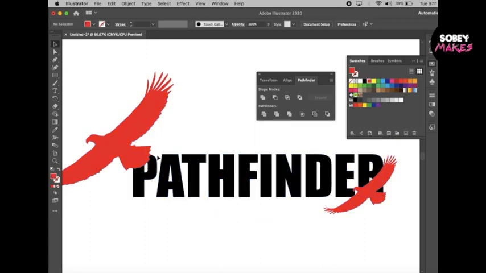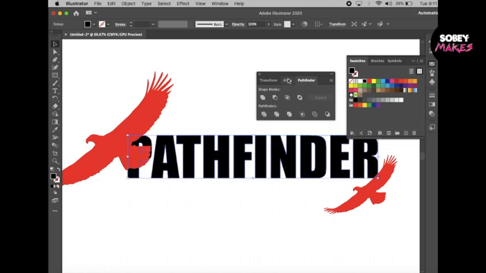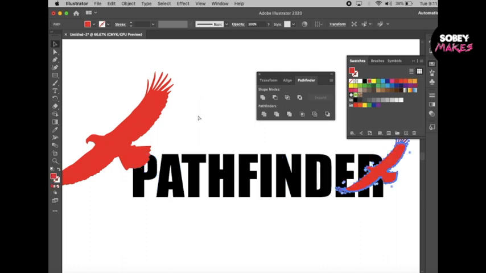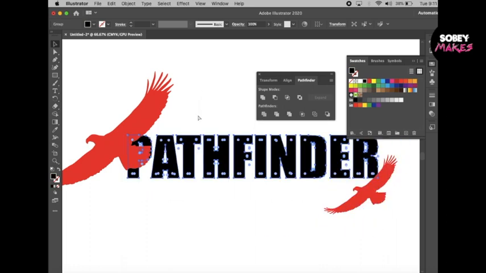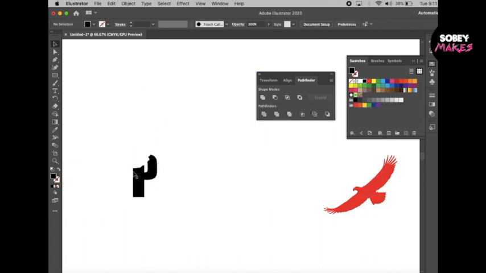Another way you might like to use them is this one here, minus front. It's actually going to stamp out the P from the eagle. So if I select them both and go stamp out, didn't see. This is where it gives you different results, like I was saying. See what happened? That's interesting. See what happened when the eagle is on front. It took the eagle out of just that P,